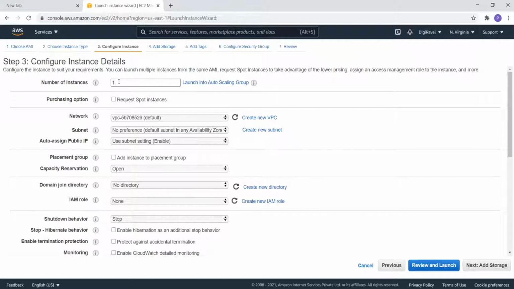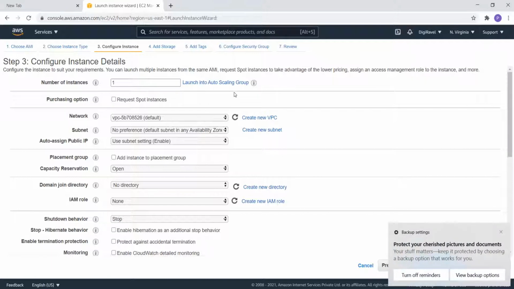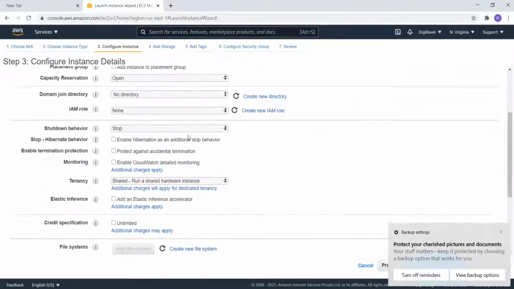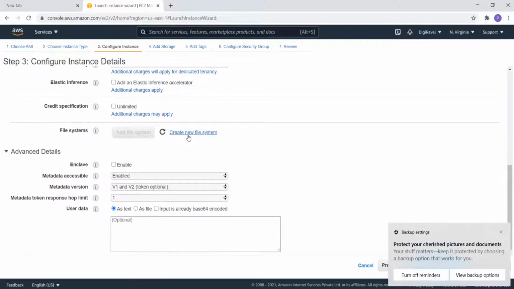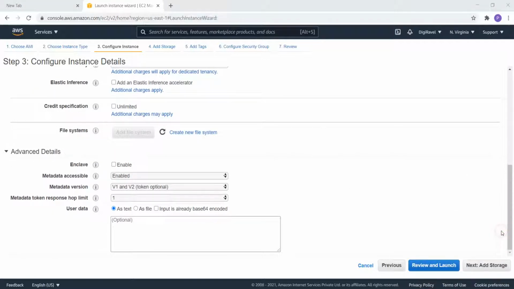This will show how many instances you want, and you can also have auto scaling. If there is more traffic coming, then you can go with this auto scaling option, but I'll be explaining it later. These are all the other options available. Currently we don't need any of these things.